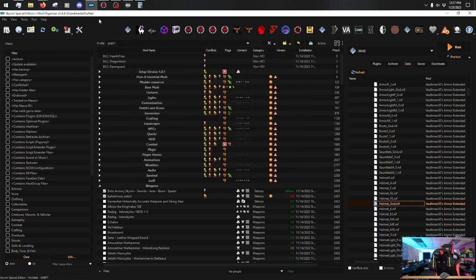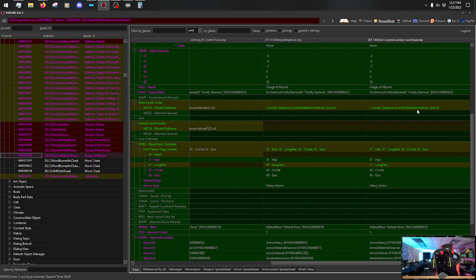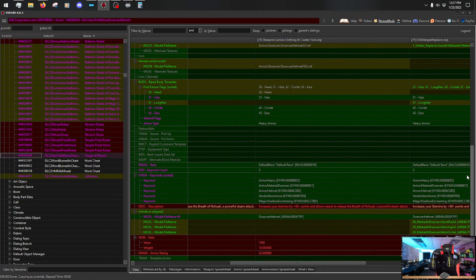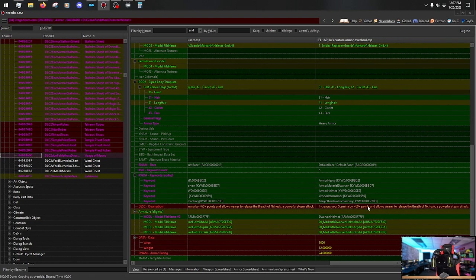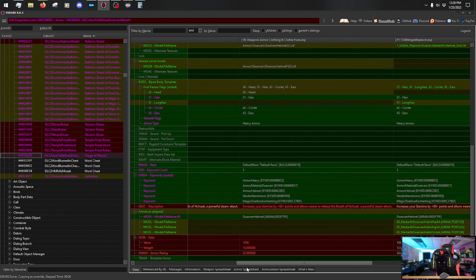So it's that helmet. Okay, so Visage of Mazund, and that is a dwarven helmet. I can't even remember what dwarven helmets were based off of now, so I'm going to have to look in my plugin. But either way, we need to change the price to be...